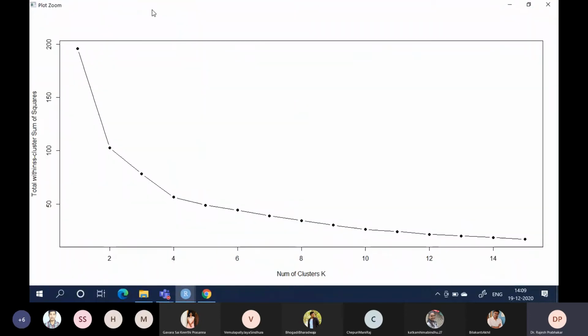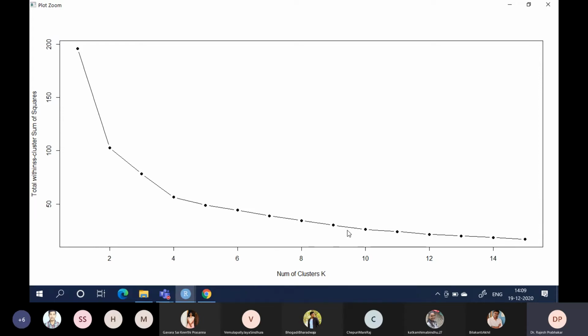Now based on this plot, you can see here there is some sort of stagnation happening after, I think, 15 clusters is what we need to have. Okay. I think we need to have more actually.